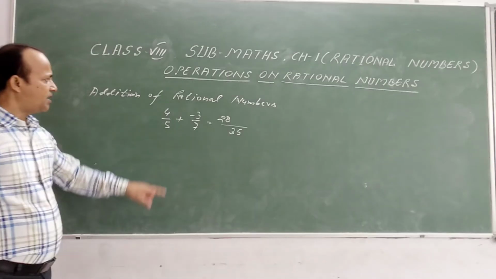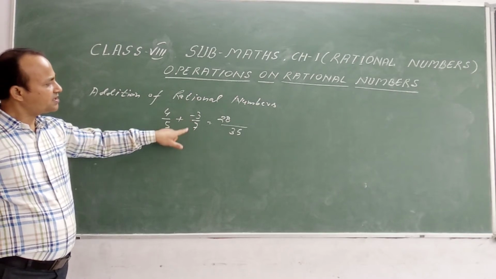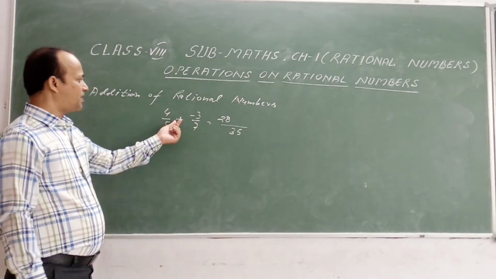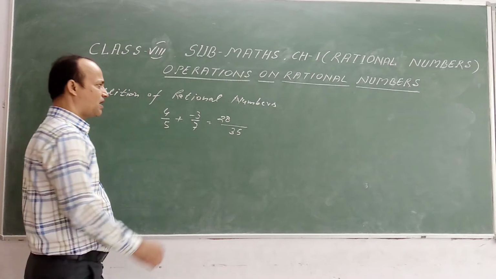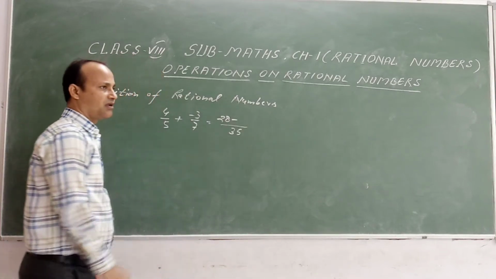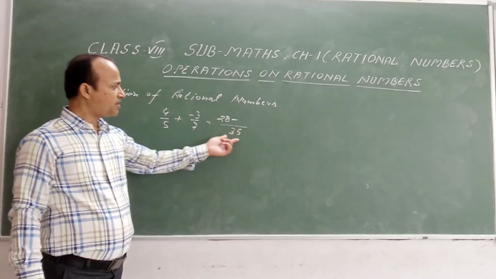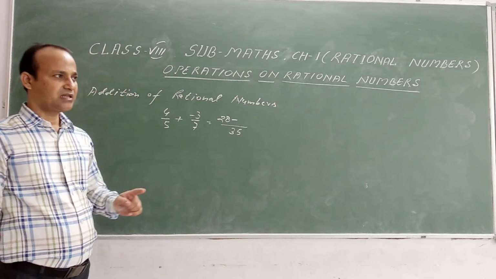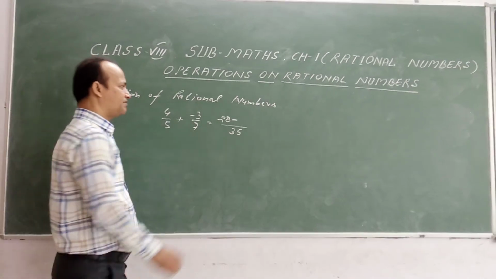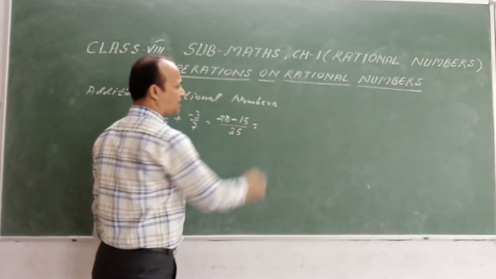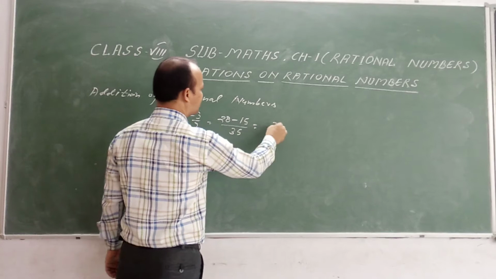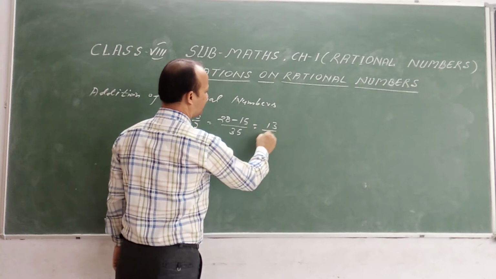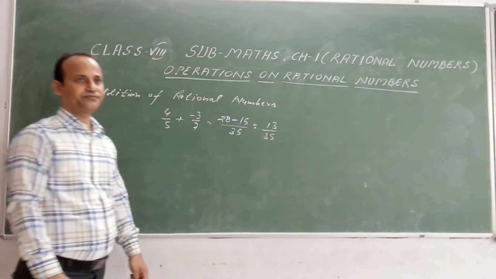Now here is the sign plus, but in this rational number the sign is given minus. In that case, plus and minus will give minus. You will have the sign minus. Now again divide the denominator with the denominator, that will give 7 5s are 35, 5, and that 5 will multiply with 3, that is 5 3s are 15. Now subtract it, 8 minus 5, that is 3, 2 minus 1, that is 1, 13 upon 35, this is the result.